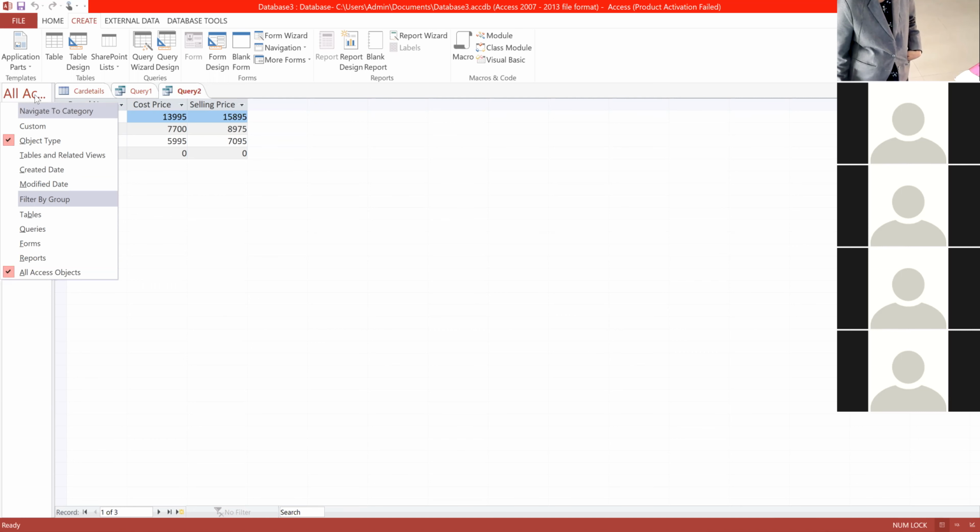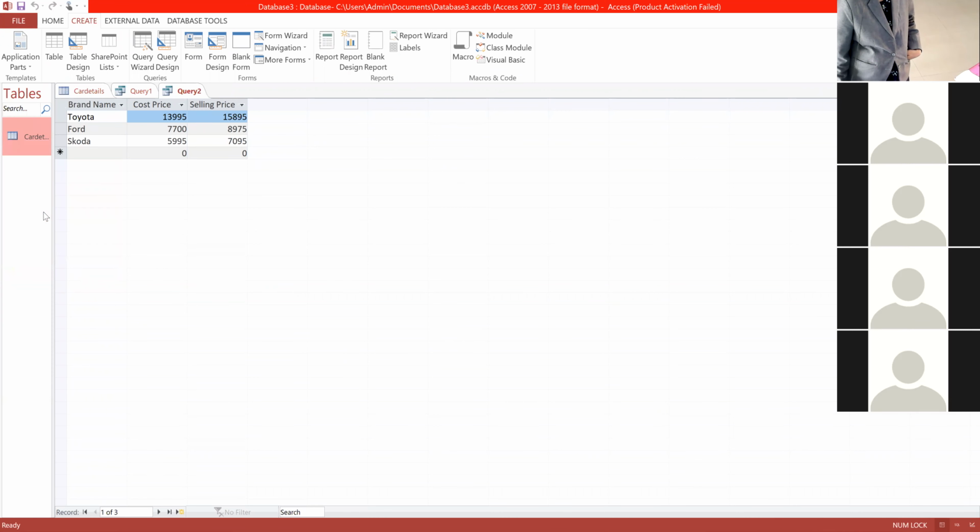Activate the Create tab. Take table. Okay, Create tab, Report button in the Reports group. Access creates your report and displays it in Layout view.